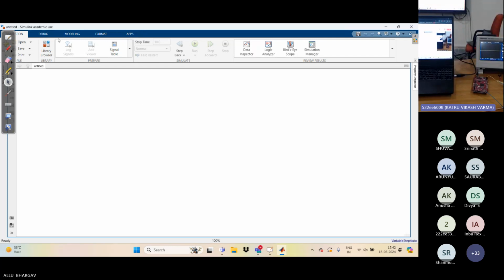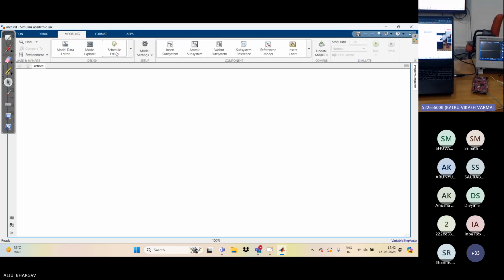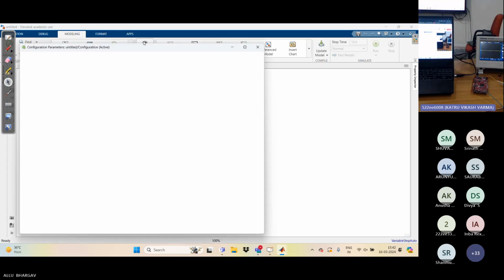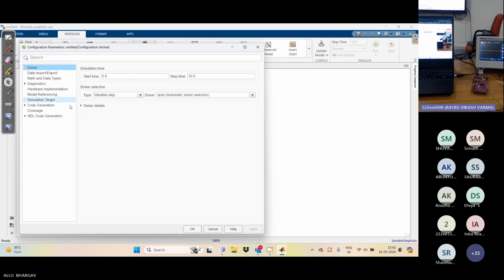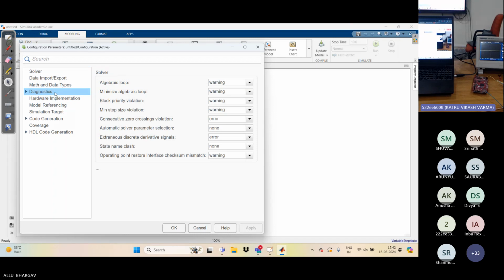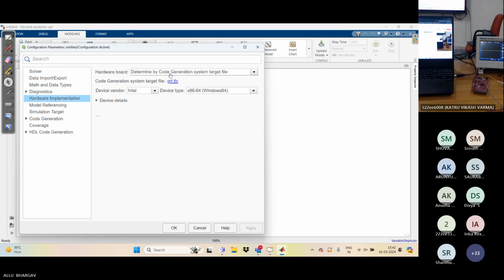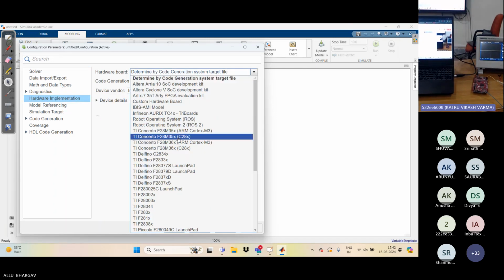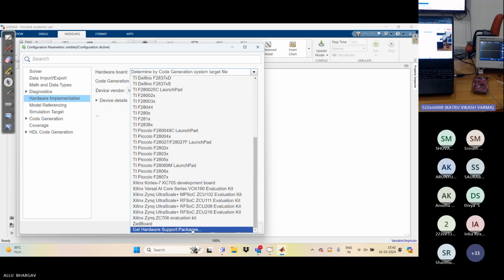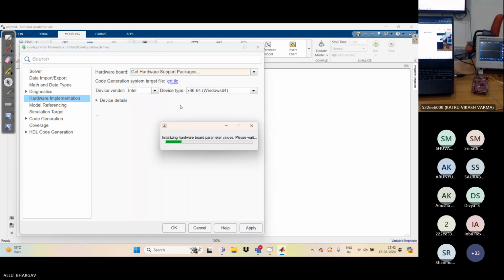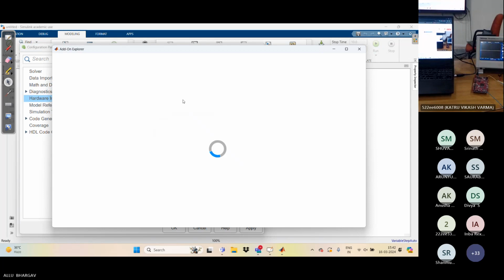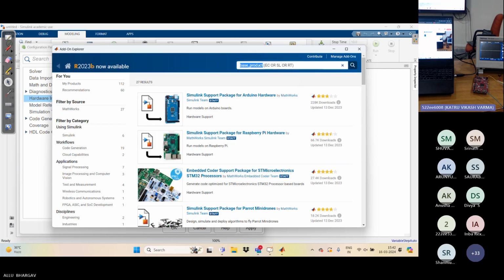For that, we go to modeling and open the model settings, then go to hardware implementation and hardware board. We should go to get hardware support packages, and we have to search here